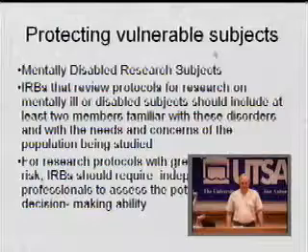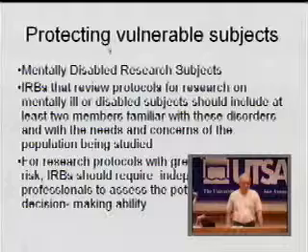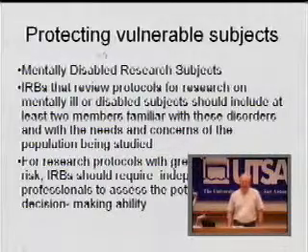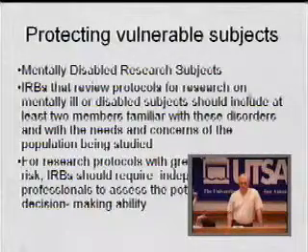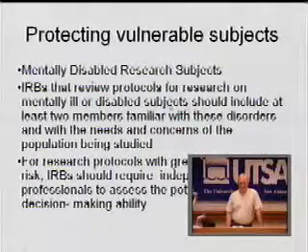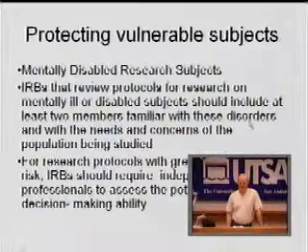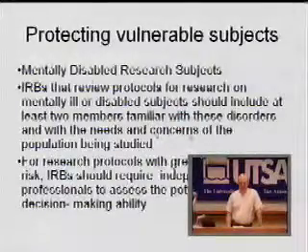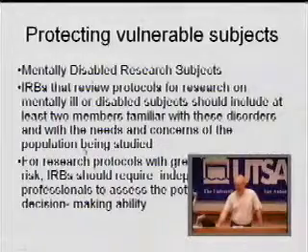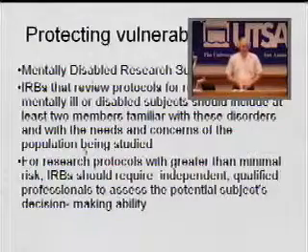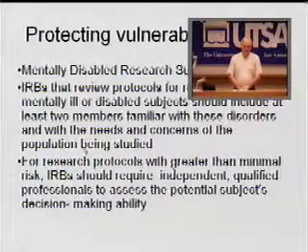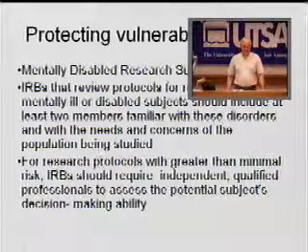Therefore, we can transition to a discussion of protecting vulnerable subjects. We saw that implicitly and actually explicitly in the series of questions asked by the IRB. So for mentally disabled research subjects, IRBs that review protocols for research on such subjects should include at least 2 members familiar with the particular disorders and with the needs and concerns of the population being studied. Therefore, informed consent and risk for harm and potential benefit can be substantially assessed, professionally assessed as well,